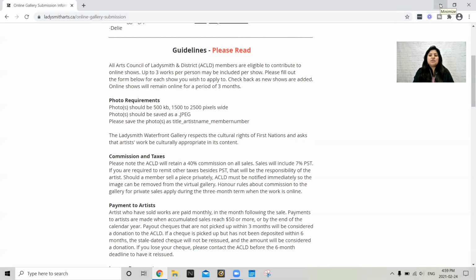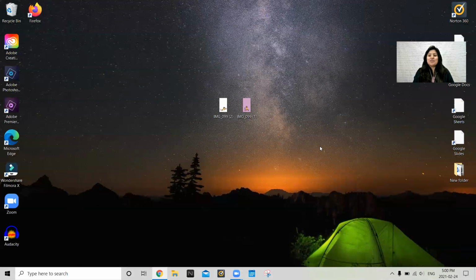I'm going to minimize my screen here because I'm going to look for my digital images of the artwork that I'm going to be submitting to an exhibition. You can look anywhere on your computer, wherever you have them stored. For this demo, I've put them on the desktop. As you can see here in the center of my desktop, there are two images that I'm going to use